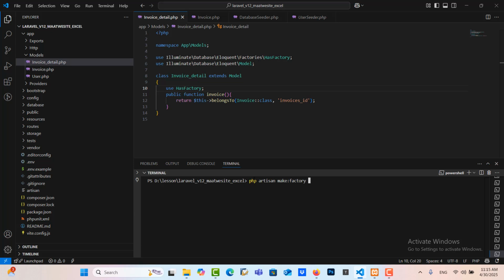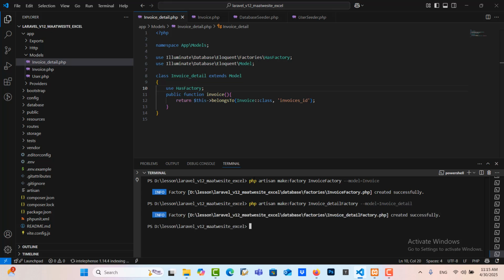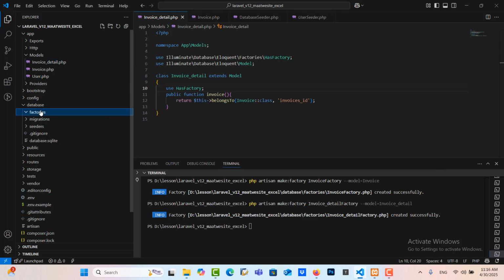So factory invoice factory with model invoice. Perfect, the same. I need one more factory, invoice detail factory with model invoice details. Correct. Then we go to database.